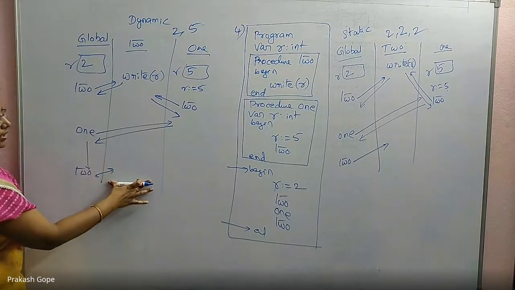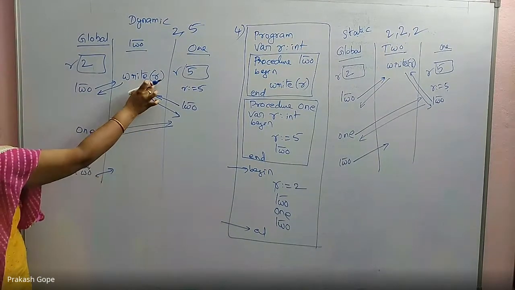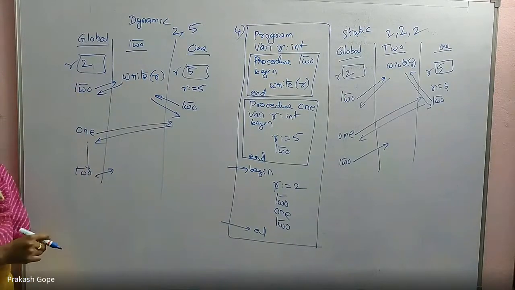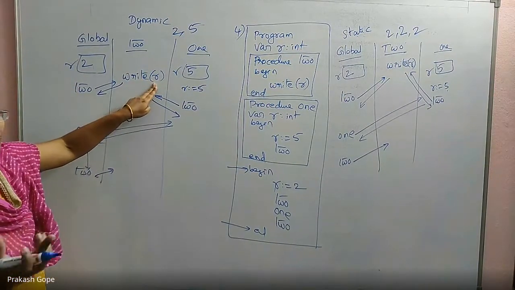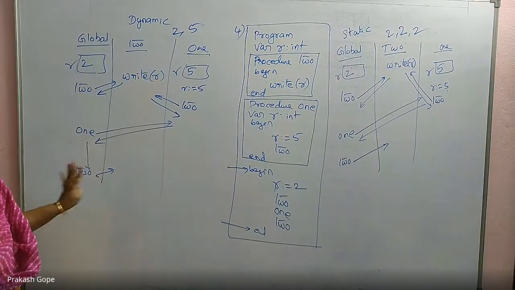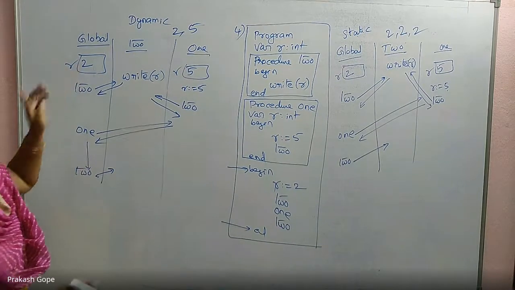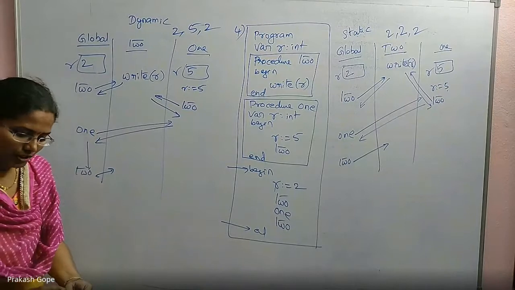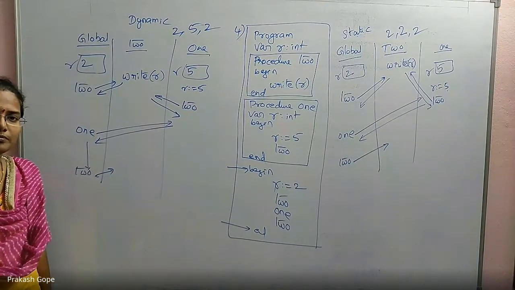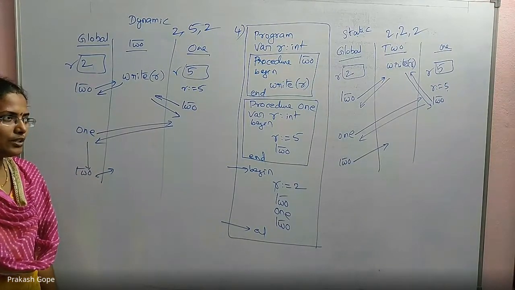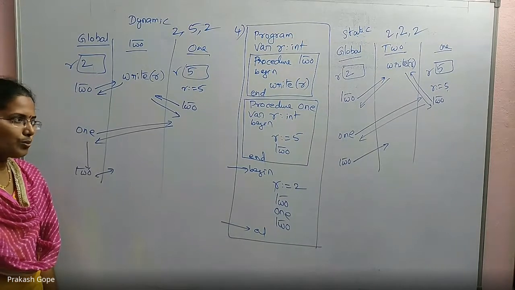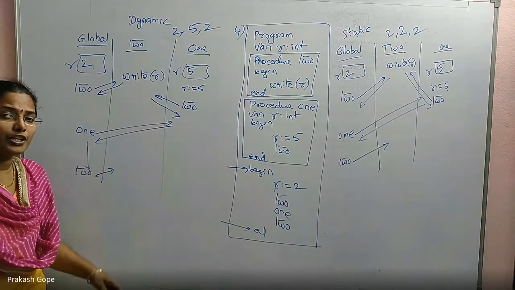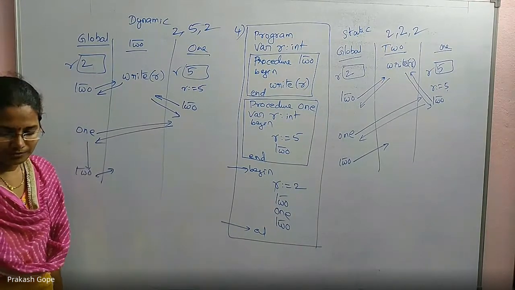Procedure 2. Again write R. Now no locally declared R, so calling environment's R. Who called? The global program called. So the global program's R. Now is it clear what is static scope and dynamic scope? Static scope says outer block, dynamic scope says calling environment, if there is no locally declared variable.